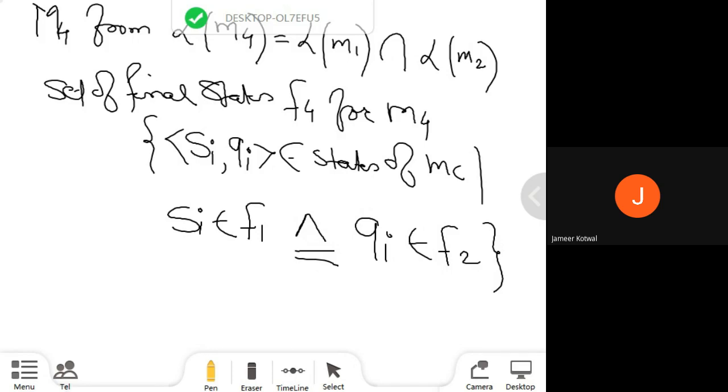म्हणजे काय की यामध्ये तुम्ही फायनल स्टेट हे कन्सिडर करणार आहे की मशीन M1 मधला जो काही फायनल स्टेट आलेला आहे आणि मशीन M2 मधला जो फायनल स्टेट आहे, ऑलरेडी रिप्रेझेंट केलेलं आहे, दॅट इज F1 अँड F2 हे दोन्ही एकत्र पाहिजे. It should not be combined with a non-final state. Whatever the state they are representing, they should be a final state from machine M1 and a final state from machine M2. When it is there in both, at that time we are making that state a final state. Fine. So just check the representation.